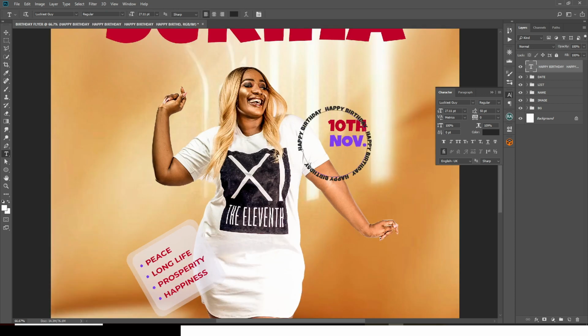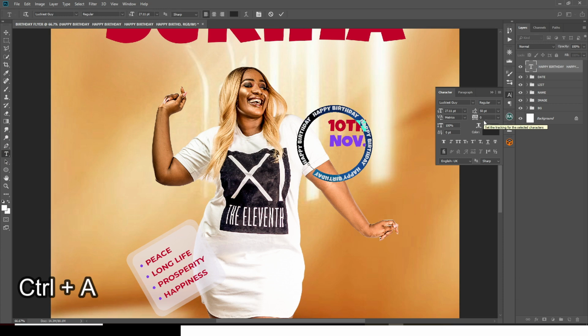Let's zoom in. So what you're going to do is let's pick part selection, and then let's just hit it. Okay, and then just play with it. You can see as we are going, it's showing. Then you can now pick your text tool and click on it, and then select all, and then